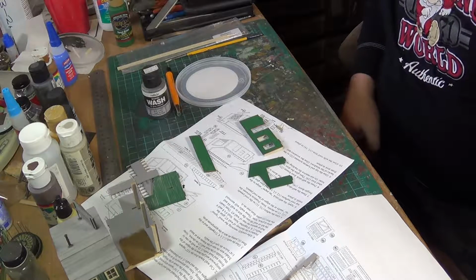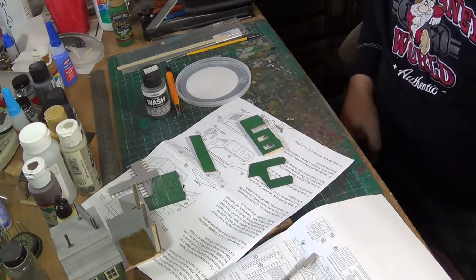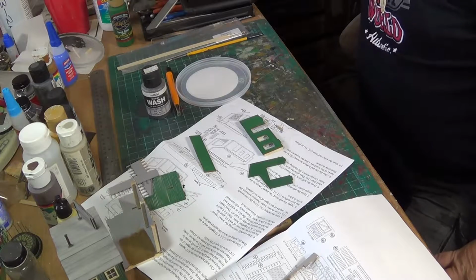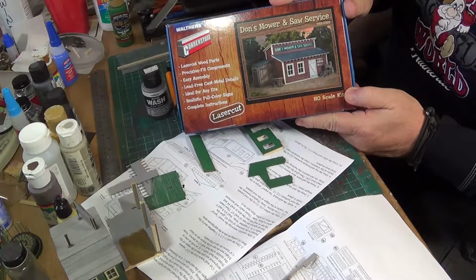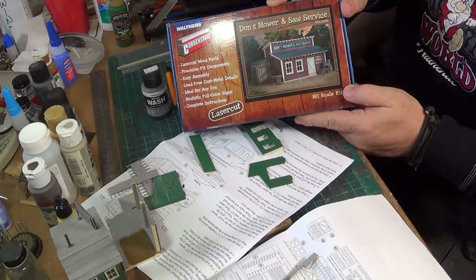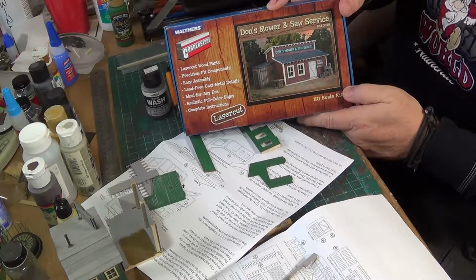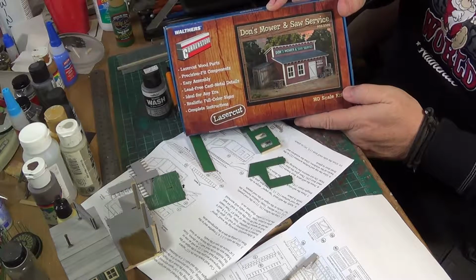Wanted to do a little short video, like a product review for you. I'm building a model, just a little wooden kit, nothing special. It was really just a time killer for me. This is Cornerstone Don's Mower Saw Service. I'm thinking it's going to be a saw filer, sharpening kind of guy on the layout eventually. So, real simple laser cut kit, nothing fancy. Try and get the reflection off of it from the lights here, but real simple laser cut kit. So anyways,